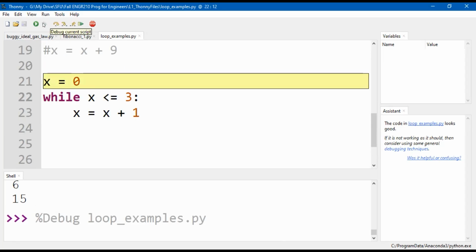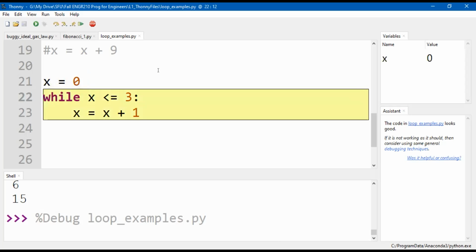So first time through, come down to line 21, my very first line of code. The value of x is now what? 0, right? Move down to the next thing. So there's my condition. Is this condition true right now? Right, because x is 0, and 0 is less than or equal to 3.